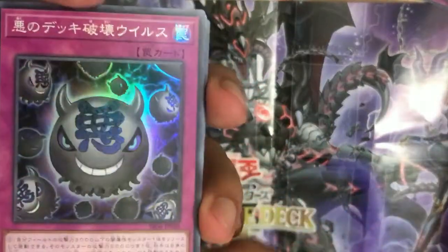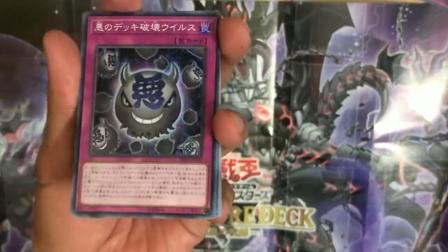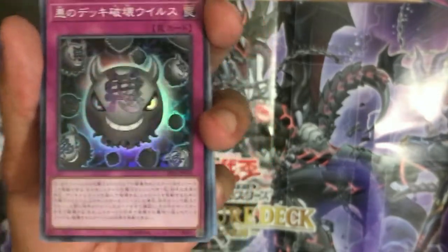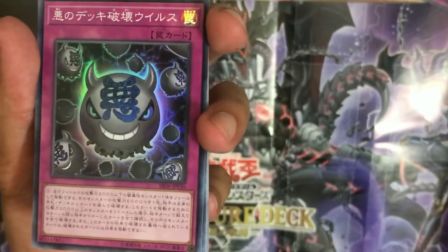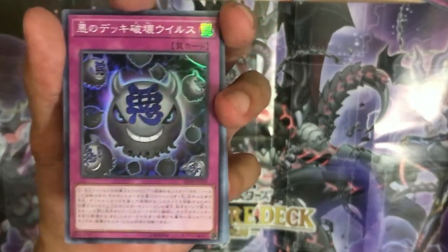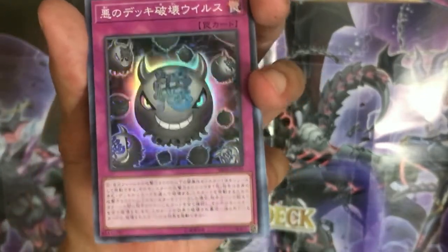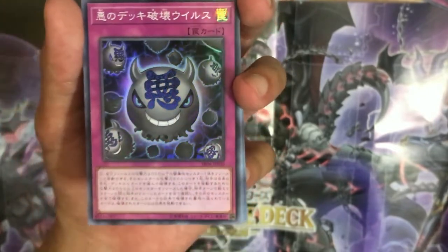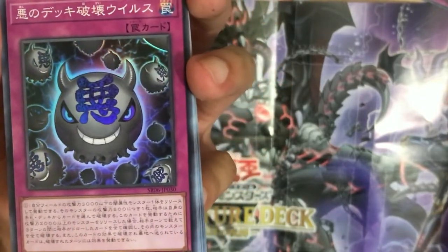Next, we'll have this Bad Deck Destruction Virus. This is actually a new virus introduced in this deck. You can tribute 1 Dark attribute monster with 3000 attack points and below. For every 500 attack points, you can destroy your opponent's hand cards or their deck. This depends on your opponent. Your opponent can choose to destroy cards from their hand or from their deck. And if the destroyed card cannot activate their effect during this turn,